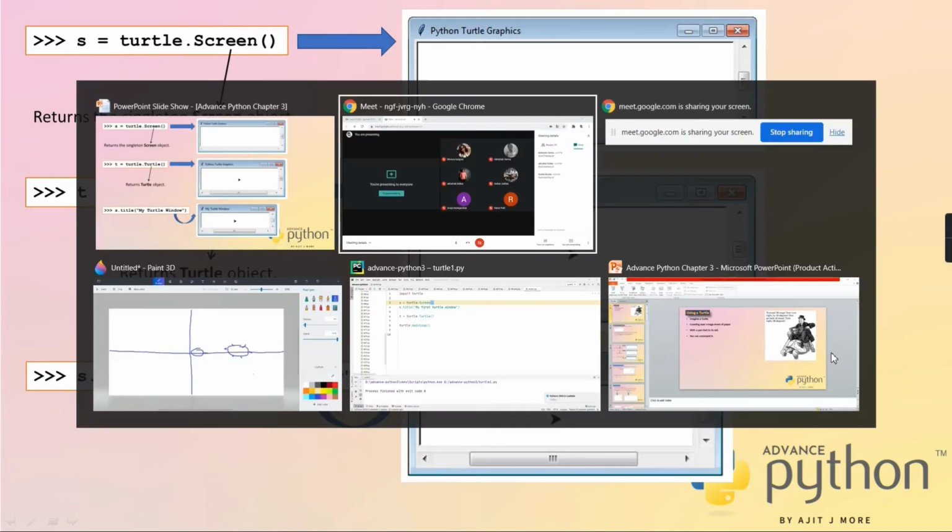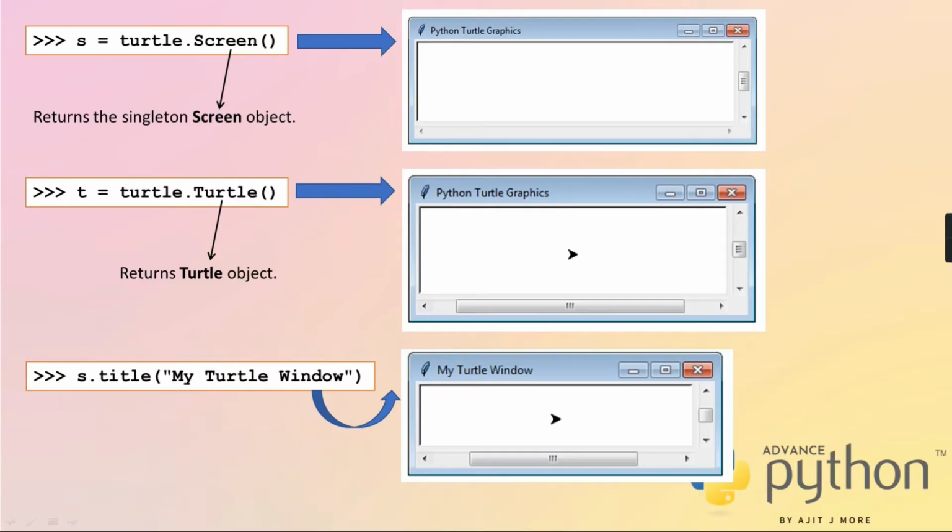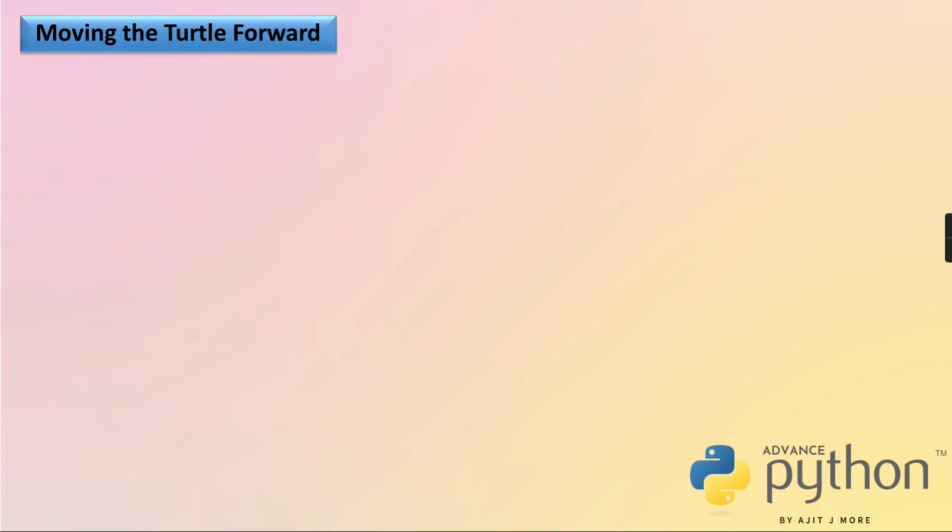Okay, so I hope you got it. Till here, if it is clear to you, and if you are trying simultaneously, well and good. Have you tried? Has any one of you tried it? Yes, sir. Okay, so at least the basic window is coming, right? Yes. Okay. Now coming to the next thing. Others also please try.